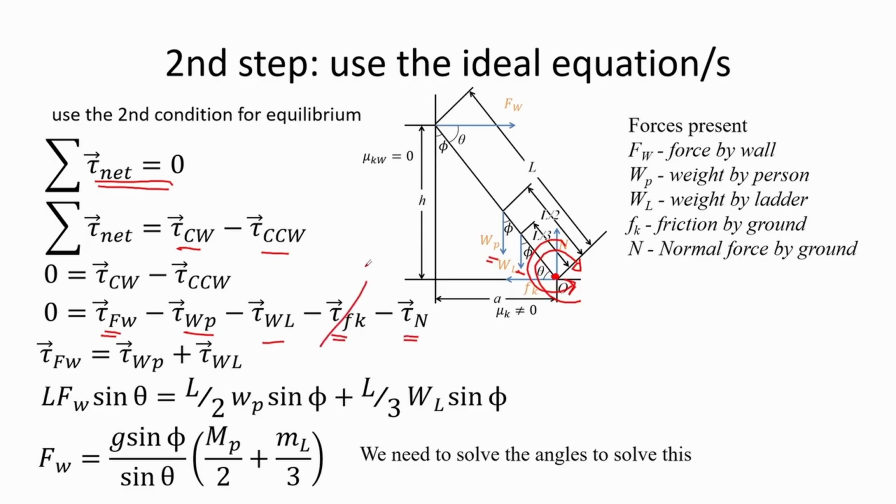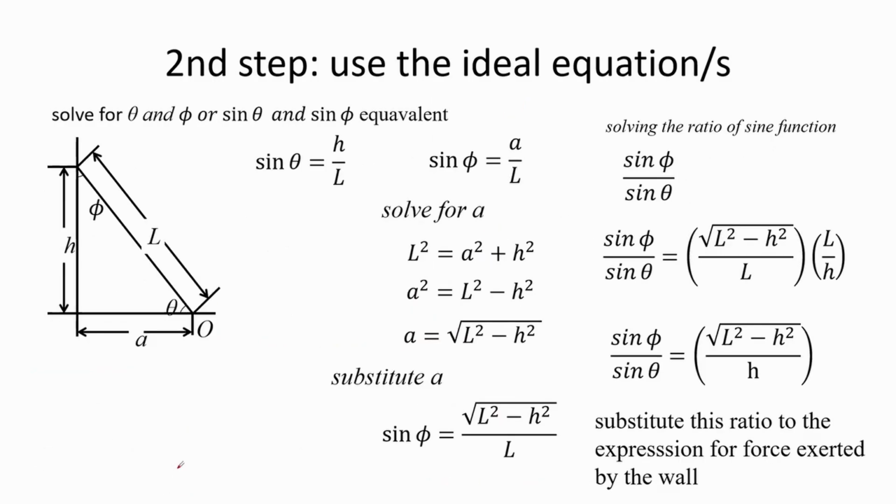so they are both 0. So we see that the equation is simplified further and we rearrange it to obtain an expression for the force exerted by the wall. We see that we need to solve the angles or the sine of the angles to get the value of the force. To solve for the angles or sine of the angles, we go back to the figure